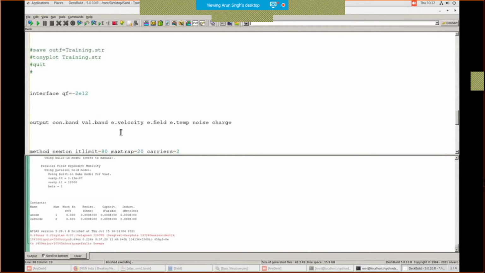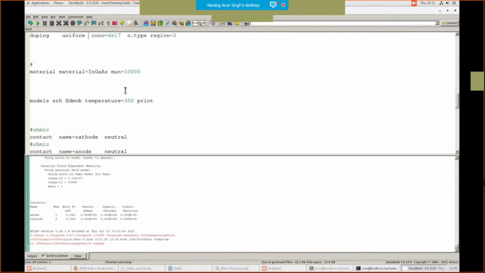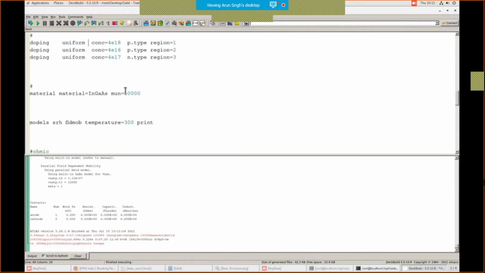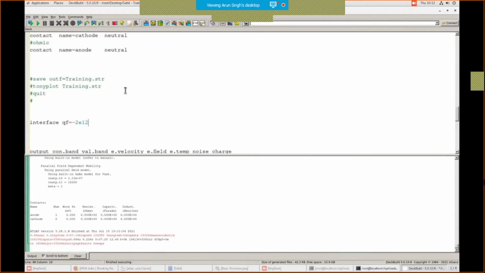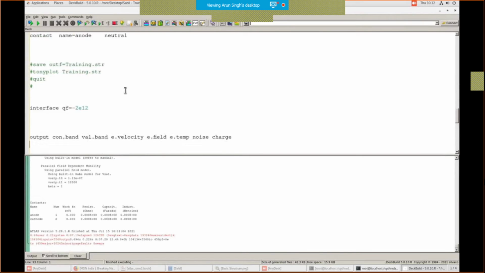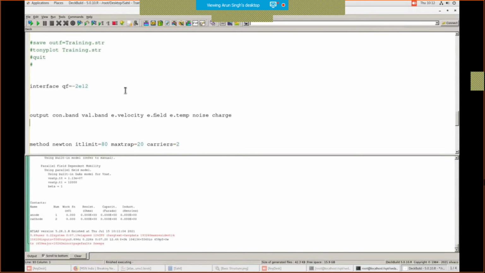The unit of this is 2E12 per centimeter square, while the doping which we used was per centimeter cube. The doping here is in per centimeter cube, while the surface charge or fixed charge is per centimeter square. We can also call it sheet charge density. The output statement is nothing but whatever things we need to get in the output.